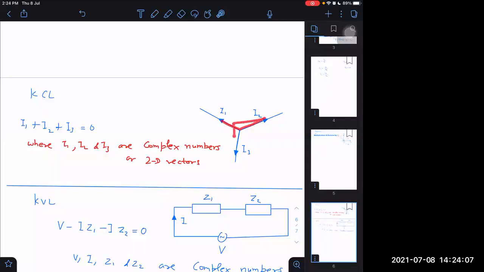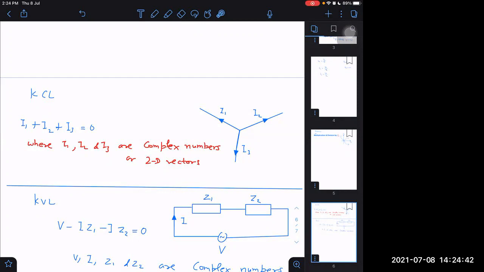Not in this case, not here, not like that. We can use the parallelogram law of vector addition for finding out the net phasor. If I represent I1, I2, and I3 like 2D vectors, then I may draw some diagram. I1 may be this side, I2 may be leading I1 by 90 degrees. Then what will be the resultant? The resultant will be the square root of I1 squared plus I2 squared. We can get it that way, or you just take these like complex numbers. Okay. Are you with me?